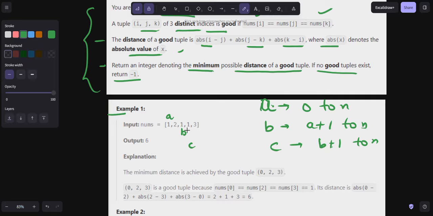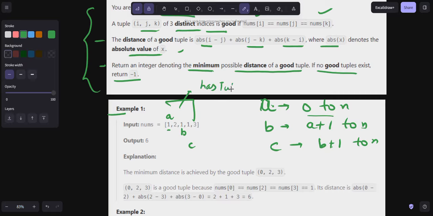So now if you see, I'm running like this only, right? So now if you see, the nums of a element is equal to nums of b and is equal to nums of c, right? All are same, right? So now just find the absolute value, right? Tuple found. So if you find any tuple, then just create one variable to check if there is a tuple or not. So if there is any tuple, then